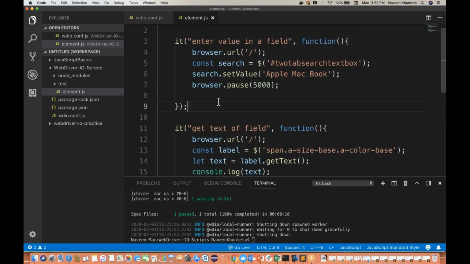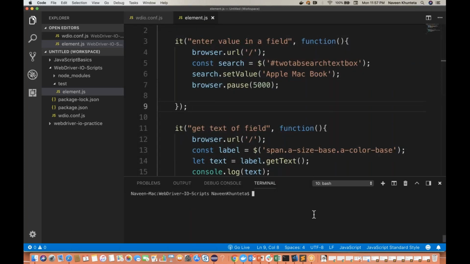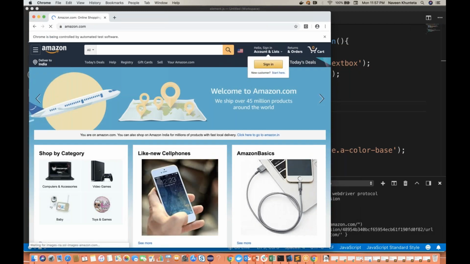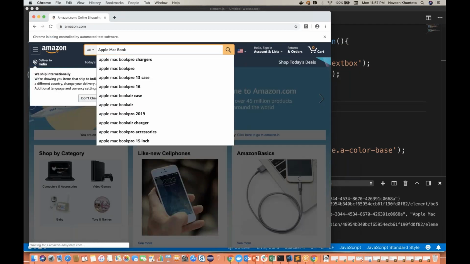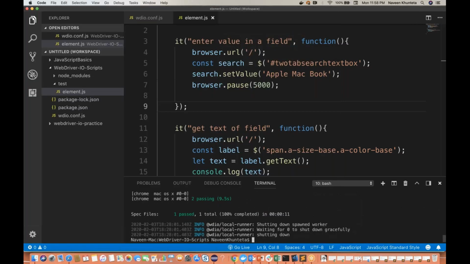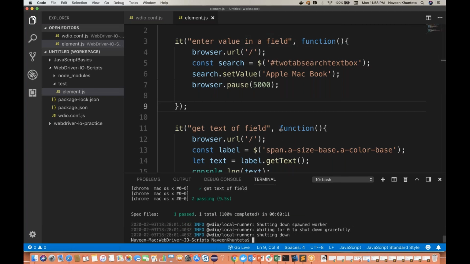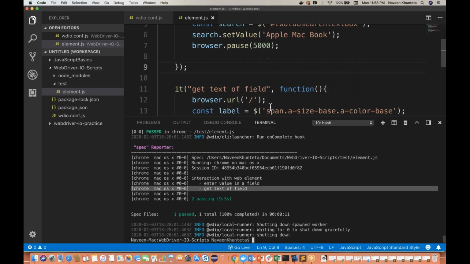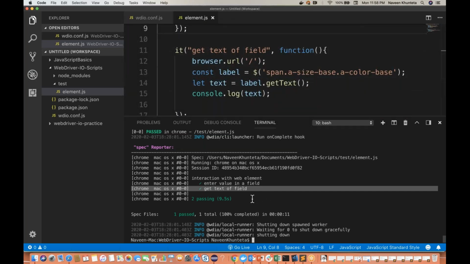Okay, so you simply save it, and then let's see if you run it again. Yeah, my browser is getting launched. It will enter Apple MacBook. Yeah, this is fine. And then the second one also passed immediately, and you can see that this time two passed. The first is enter value in a field, and the second one is get text of a field. So two tests got passed, but